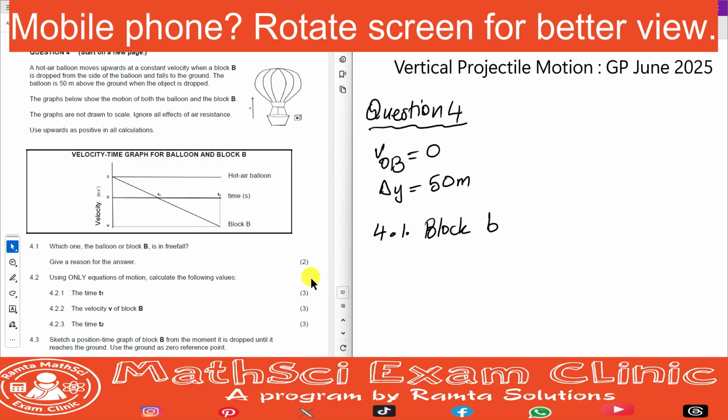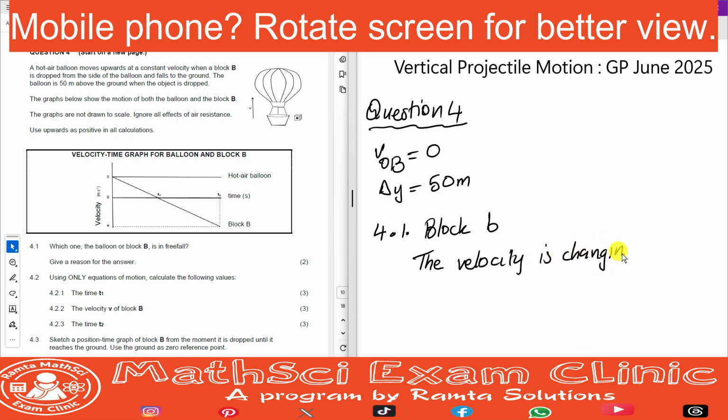When they say give a reason for your answer, what do you say? Look at the curve here. All right. So this velocity is changing uniformly. That's one reason you can put, the velocity is changing uniformly. Or if you don't want to say the velocity is changing uniformly, you say